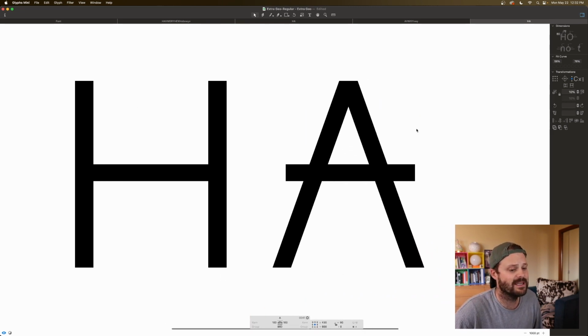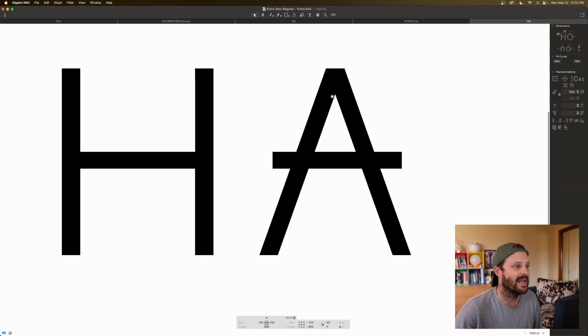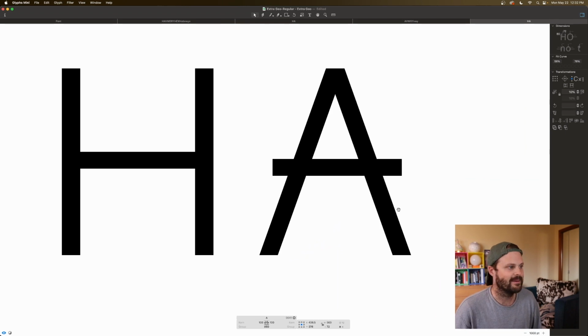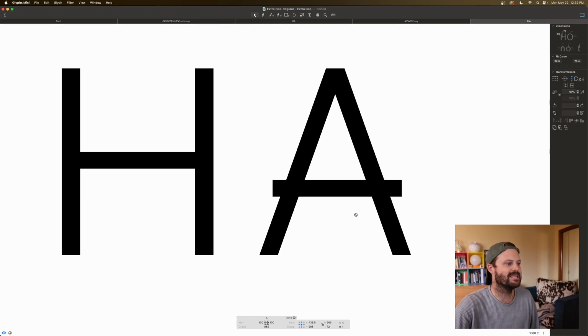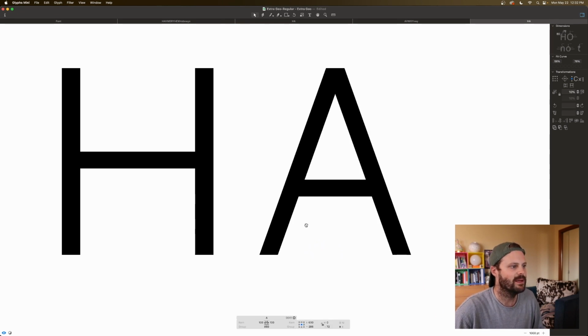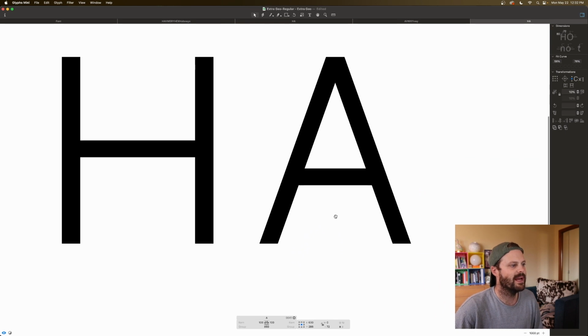Now looking at this, the first thing that you're going to notice is obviously this H is looking a little bit uptight. Thinks he's better than all the other letters with this top crossbar. So what we want to do is move that crossbar down so that we have about the same visual weight under the crossbar and within the counter here. That to me is looking good enough just to start off. I'll move in these extra handles here so we can get a good preview. Now holding down the spacebar to preview, I can see that's a pretty good A, but we do have a